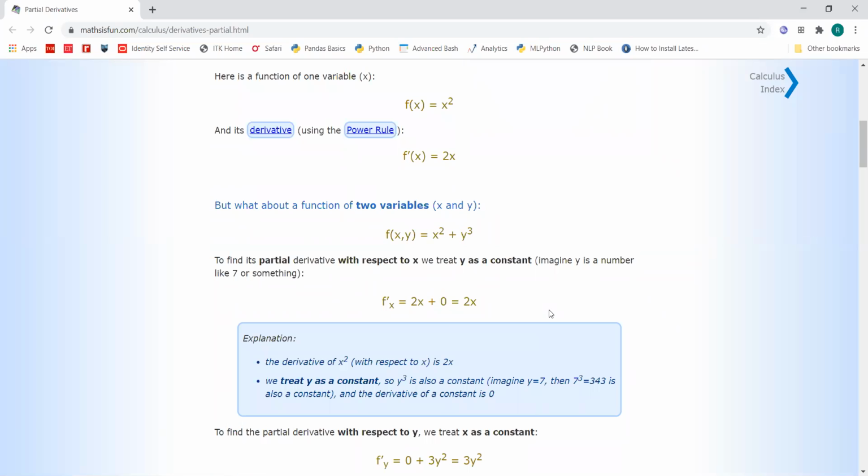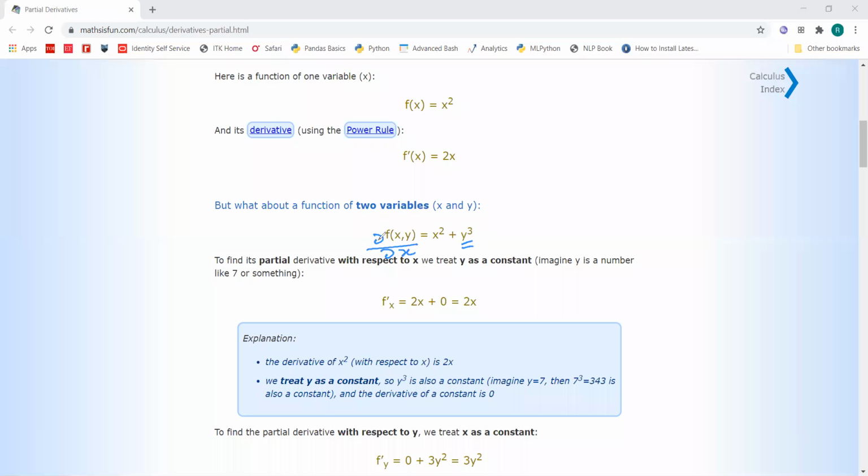So if an equation is having only one variable and you differentiate, then it's fine. But suppose it is having two variables, what will you do? In that case, like here on the screen, f(x, y) is having two variables, x and y, both are variable here. Now for partial derivative, you keep one of the variables constant at a time. Suppose you keep y constant first and just differentiate with respect to x.